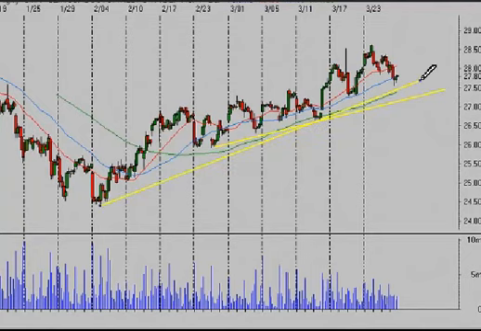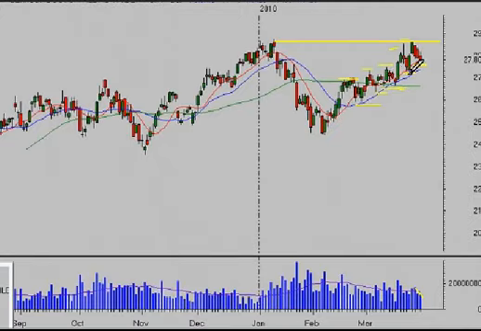In particular, $27.20 and $27.40 in the near term. If we break below those levels, then we'll be looking at this 26.60 area again, and if we break that 26.60, then we're back below the 50-day moving average, and things could maybe get a little bit uglier in here. So the semiconductors are definitely worth keeping an eye on.